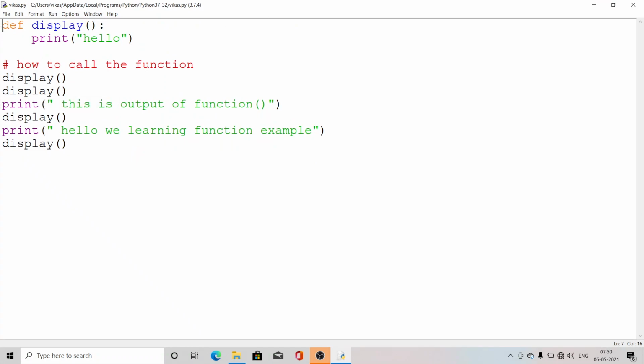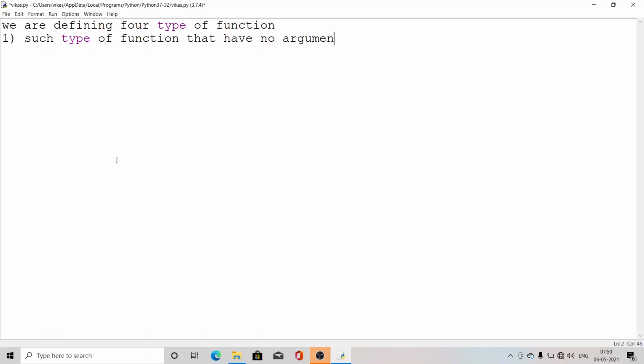Now we are defining four types of functions. First, such functions that have no argument and no return type.